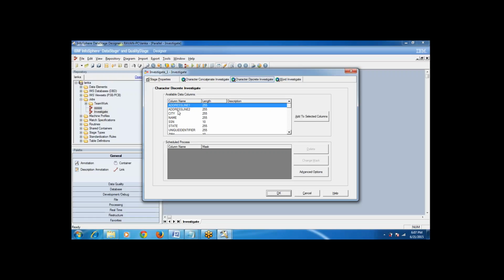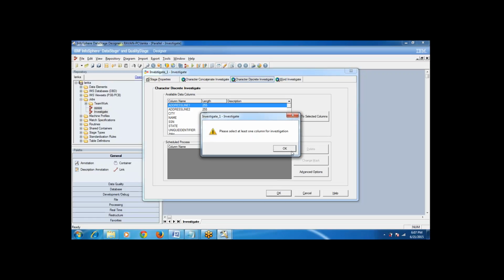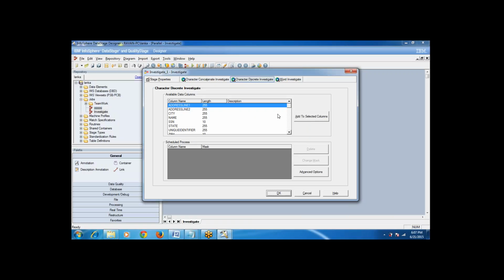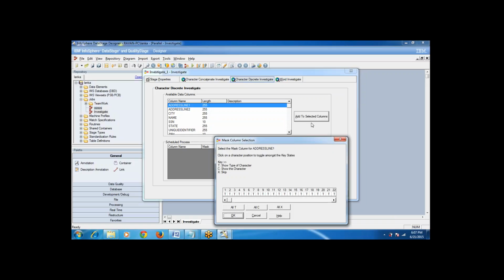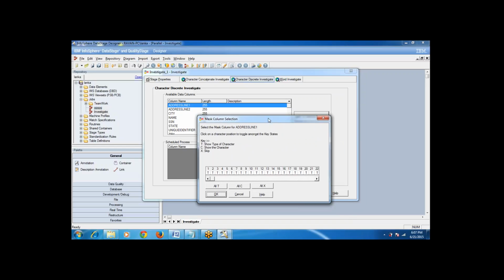So first of all, let me select this address line 1. Whenever you select the option add to selected columns, it will ask what type of mask values you want to apply on that.